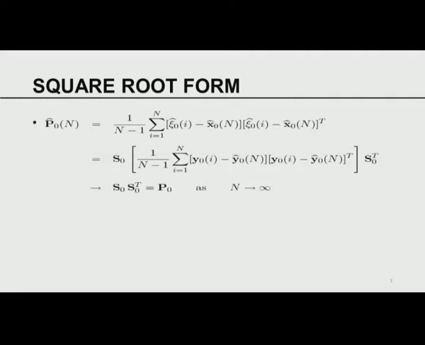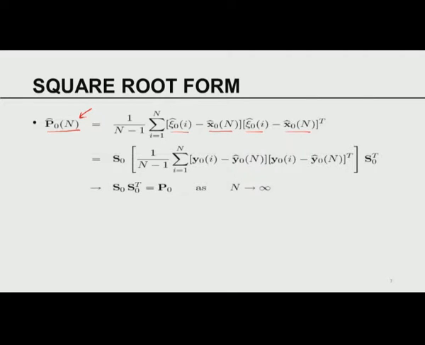So what does this initial ensemble give you? I have an estimate of the initial ensemble covariance, that is the analysis covariance at the initial time. You can see this is the ith ensemble member, that is the sample mean. You take the outer product of that, sum over N divided by N minus 1. So this is going to be the sample estimate of the analysis covariance at time 0.